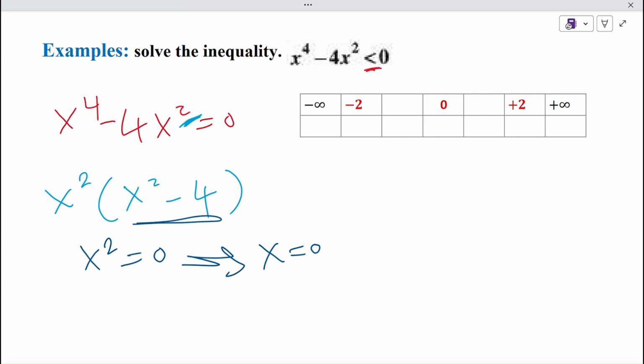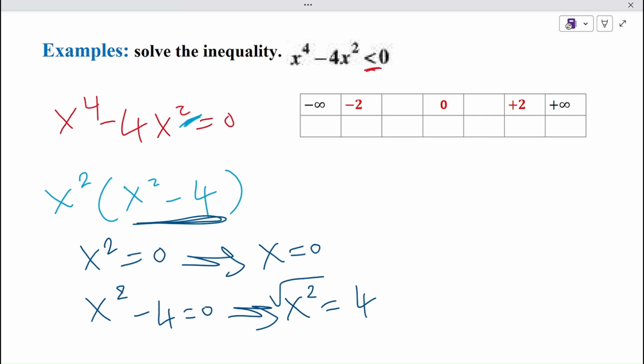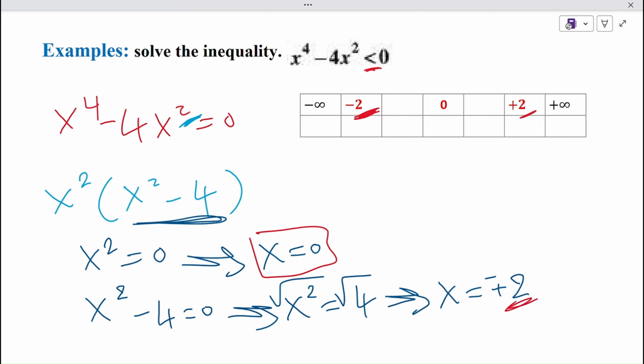Again this one, x to power 2 minus 4 equal to 0. This is equal to x to power 2 is equal to 4. By taking a square root for both sides, x is equal to plus and minus 2. Look at here. Here we have 0. Our solutions: one of them is 0, and the others are minus 2 and plus 2. Okay, so